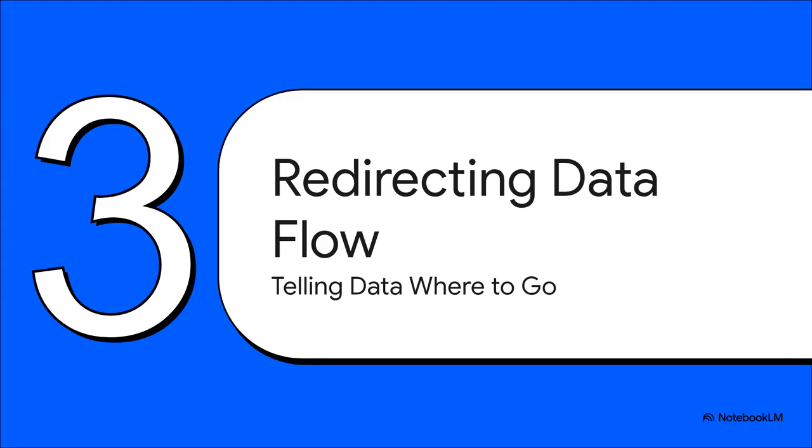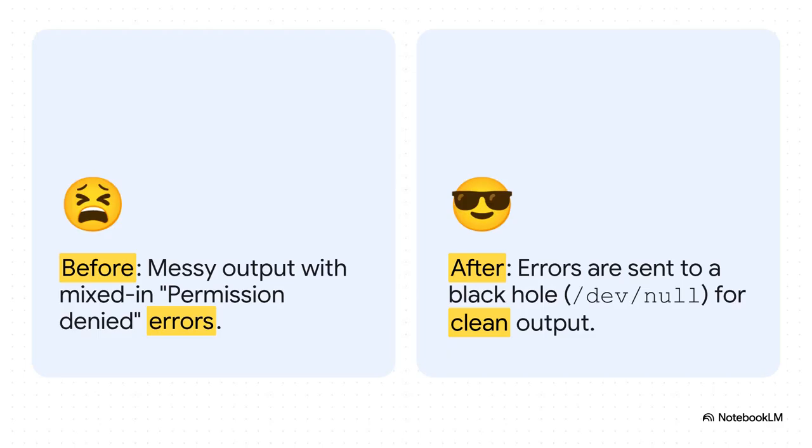Okay, so we've got our 3 default tickets, 0, 1, and 2. Now for the really fun part. We can actually tell the system to swap those tickets around, sending the data from any of those streams wherever we want. This is called redirection. And this, my friends, is where we really take control. So let's look at a super practical example. On the left, we run a search, and what do we get? A big mess. It's a mix of actual results and a ton of permission-denied errors. It's just noisy. But now look at the right. We add this little piece,